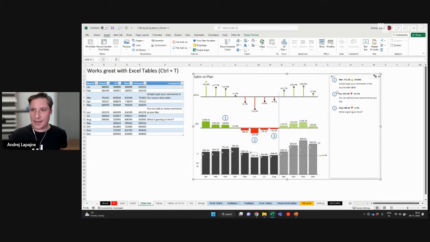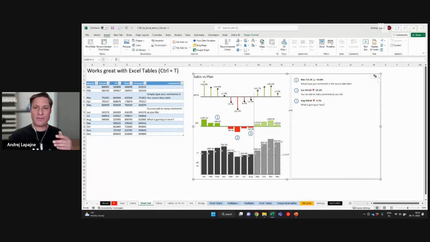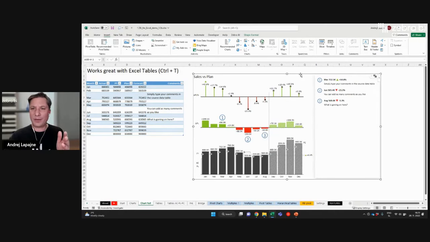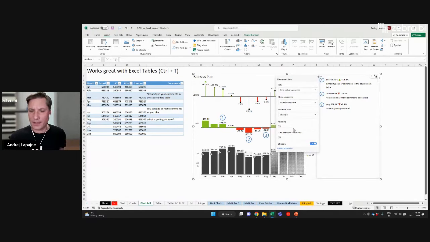All right, now as you see here, this area with the comments, this is called the comments box. This is extremely dynamic, so you have all the options to design everything within the same visual. You can make it wider or more narrow, and then you have a lot of additional options, like having a more material design with shadows, and practically control every pixel on